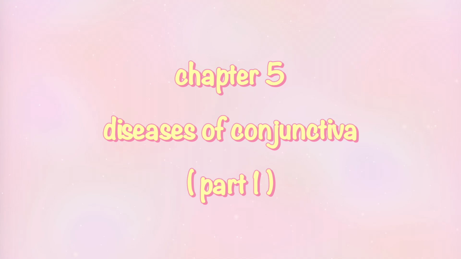The second layer is the adenoid layer. It is also called a lymphoid layer and consists of fine connective tissue reticulum in the meshes of which lie lymphocytes. This layer is most developed in the fornices. It is not present since birth but develops after 3 to 4 months of life. For this reason, conjunctival inflammation in an infant does not produce follicular reaction.